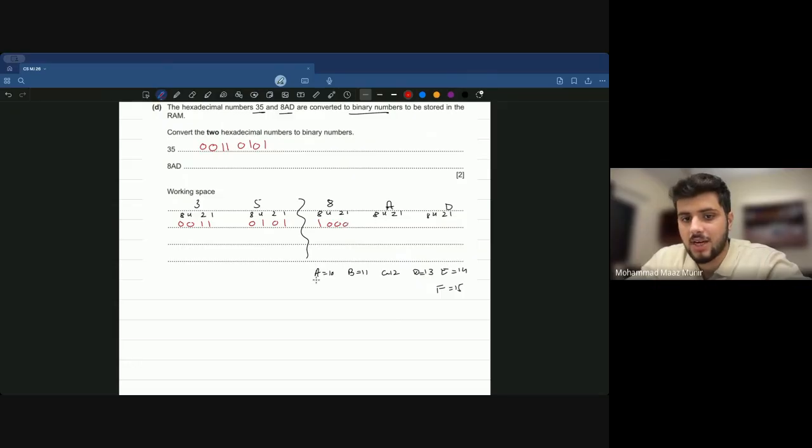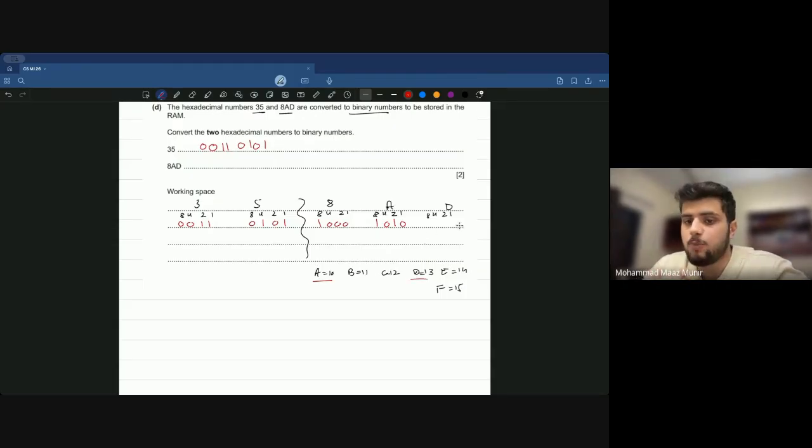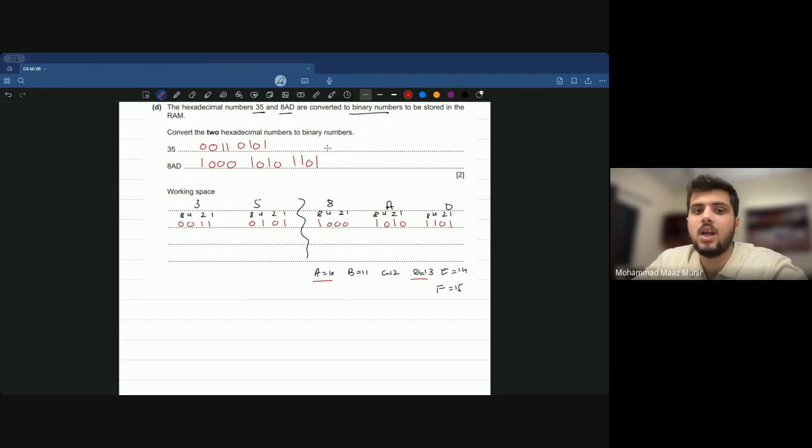A is going to be 10, right? So for 10, 8 plus 0 plus 2 plus 0, so 1 0 1 0. And D is 13, which is 8 plus 4 plus 1, so 1 1 0 1. Now I'm going to combine all this: 1 0 0 0 1 0 1 0 1 1 0 1. So when writing an exam, do ensure that your answer